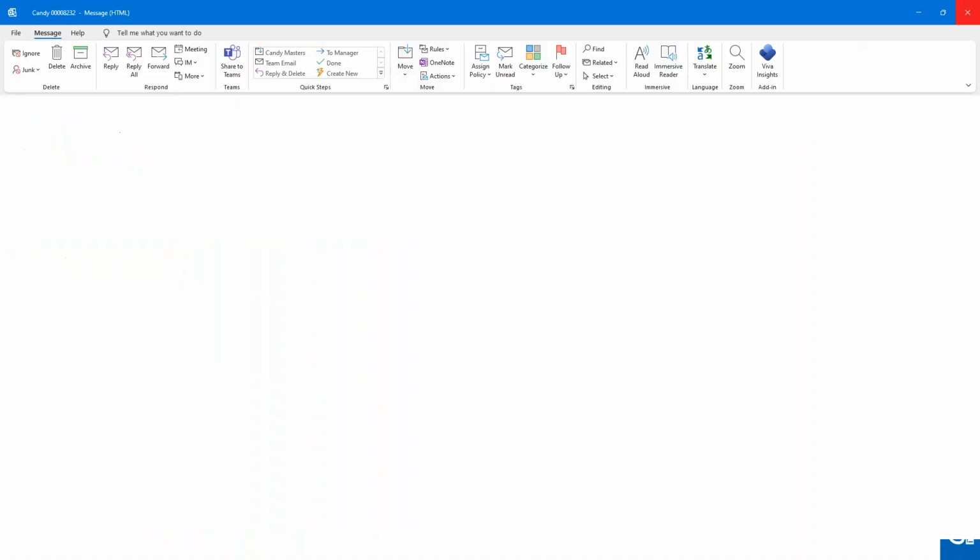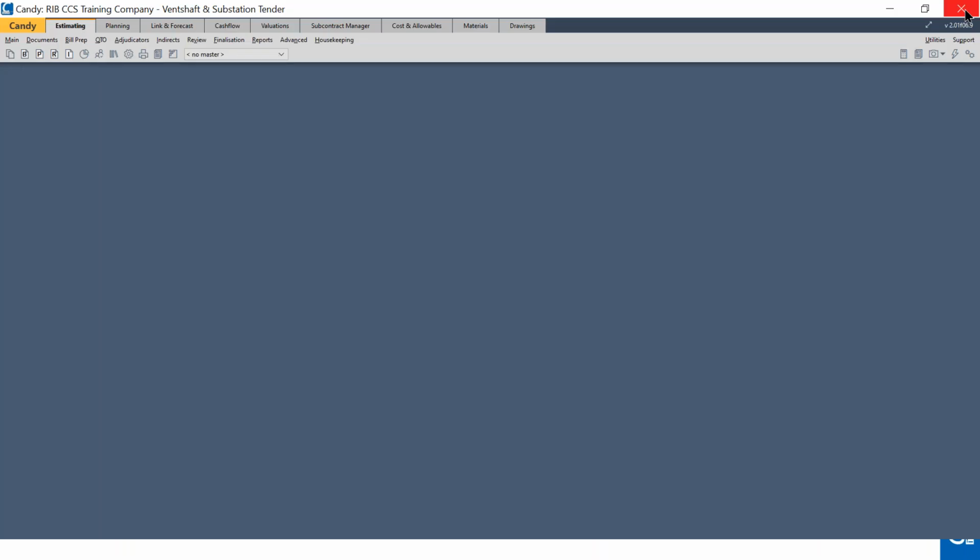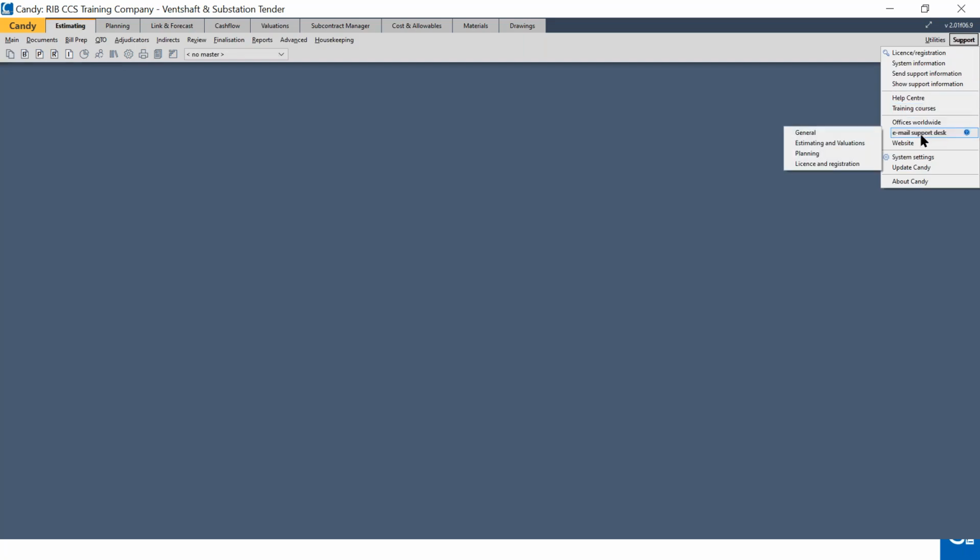Okay, so we've mentioned how to log a case via the help center by hitting contact support. Should you not have access to the help center for some reason and you require assistance, you may also log a case from within Candy. So I'm going to switch back over to Candy, and again on the top right hand corner, if you click on support and you go down to email desktop support,